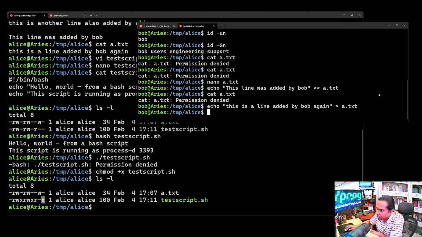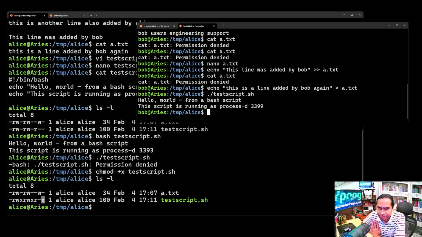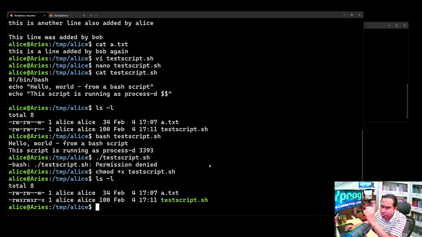So as a user called Bob, you can run the script. You can say ./test script.sh. It works. These execute permissions are applicable for scripts and also binary programs. Even if you have a binary program, you want to run it, you need to have execute permissions to run that as a program. It's possible that I can remove execute permission from others by doing a o-x test script.sh,